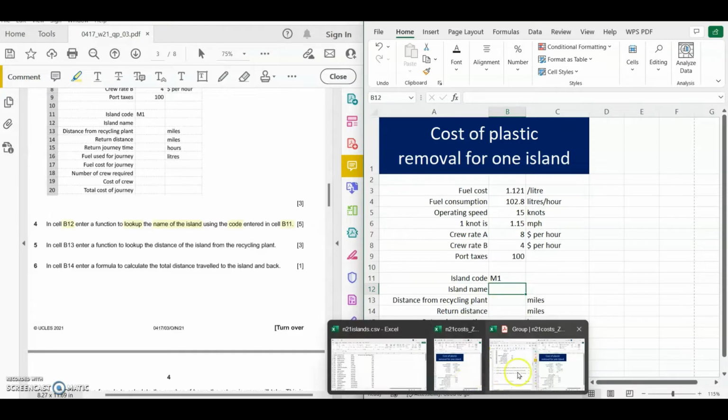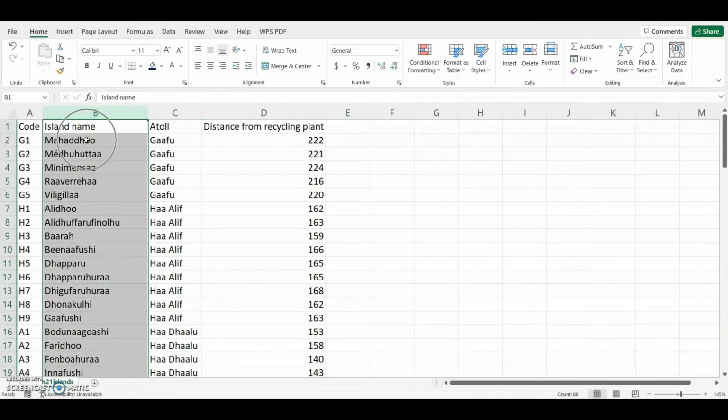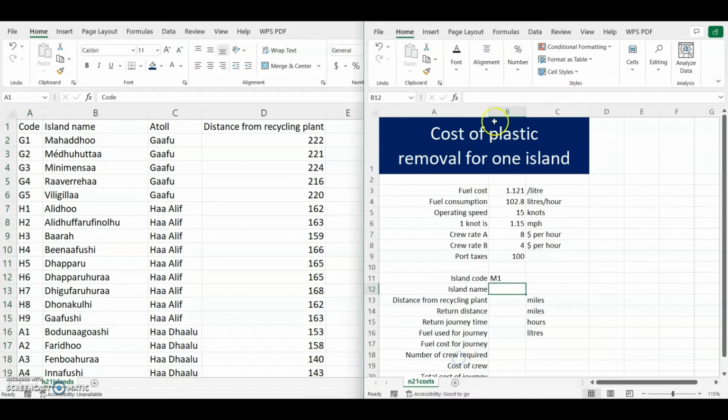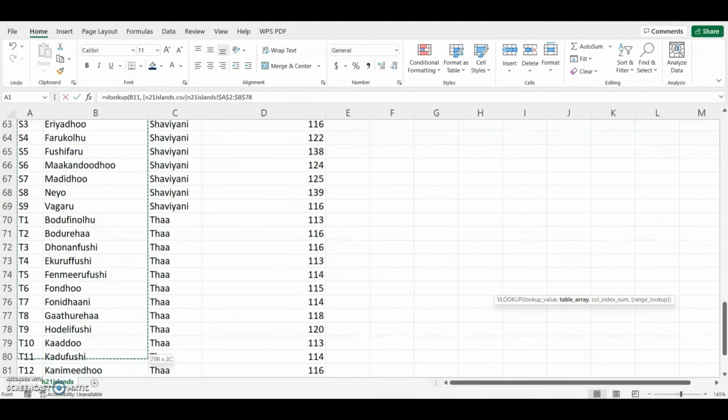So let's have a look at our island file. The island name is in the second column, whereby the code is in the first column. So what we have to do is use the VLOOKUP function because the data is stored vertically. So equal VLOOKUP, take the data in cell B11 as the lookup value, comma, table array, which we take the data, so cell